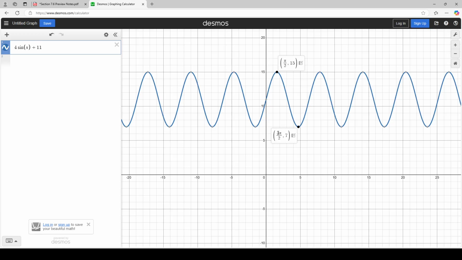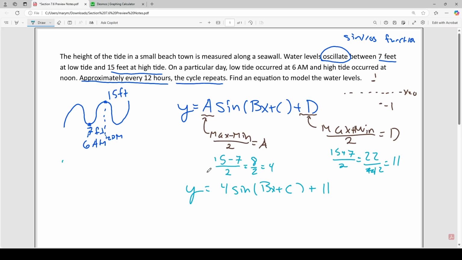What we want to fix is when this is happening, because right now, our model is saying that it has a high tide of 15 at time pi over 2 and a low tide of 7 at time 3 pi over 2, which is really just not how we measure time in general. So let's fix that. B is going to be the easiest thing to find next,